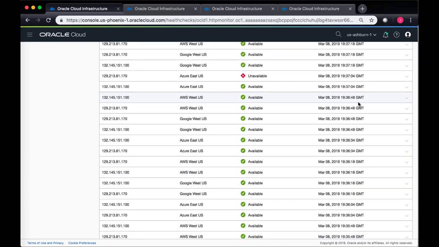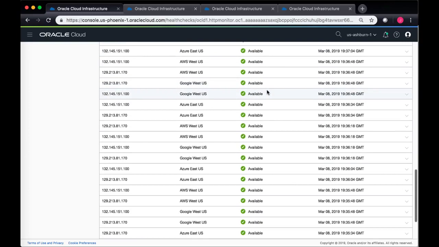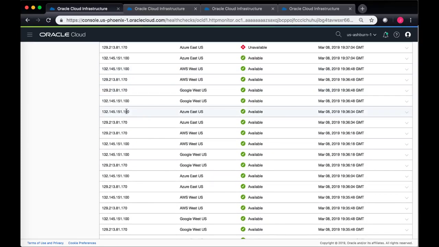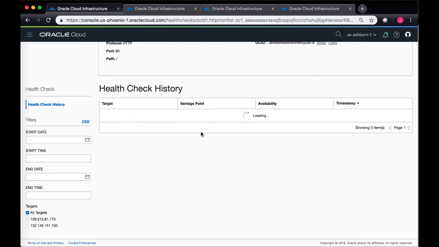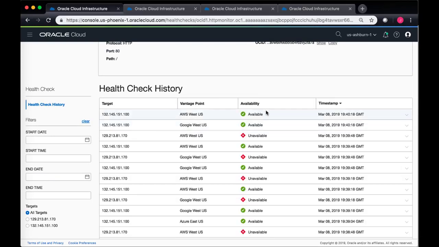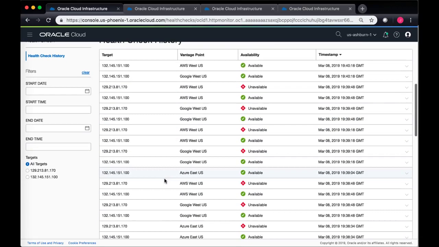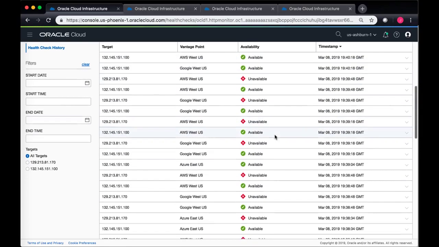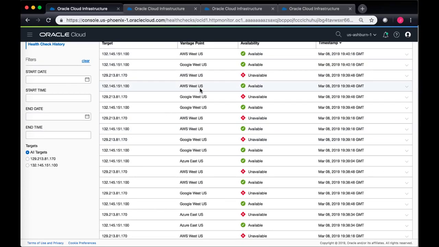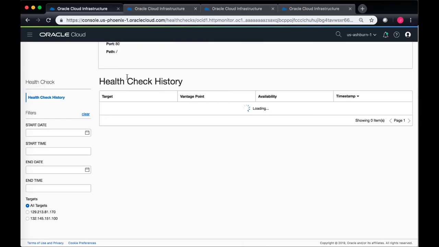like maybe a minute ago when I had not made the change, I could see that both my web servers, you can see the different endpoints, both my endpoints were active, and from different vantage points, the health check was coming as available. But now you can see that in the latest, since the health check that I created was updated, I think after every 30 seconds, I'm seeing that after each 30-second time frame, you can see the timestamp over here, there is a difference from different vantage points, that one of my web servers, which was my web server 1,